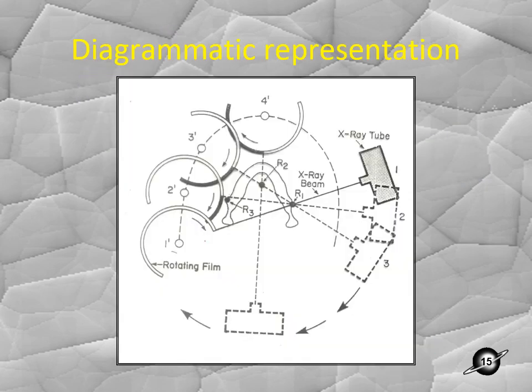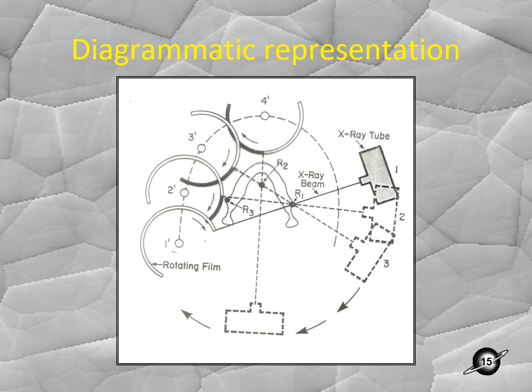To understand it better, we have a mandible here, we have an X-ray tube, and we have a rotating X-ray film and a rotating X-ray tube. We have the mandible at the center. Here the X-ray tube rotates by 1 degree, and the X-ray film is also rotated by 1 degree. The rest of the film is not exposed because we have a collimator. Suppose R3 is on the mandible. The X-ray beam is passing through R3, and the structure of the mandible at R3 is exposed on the film.